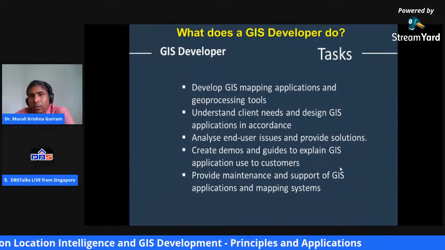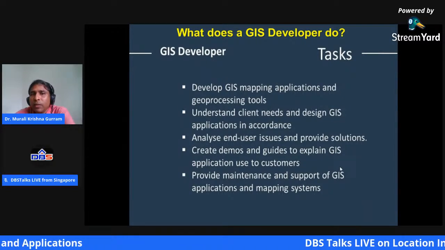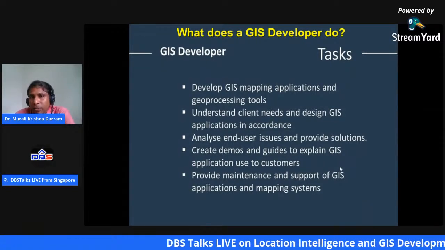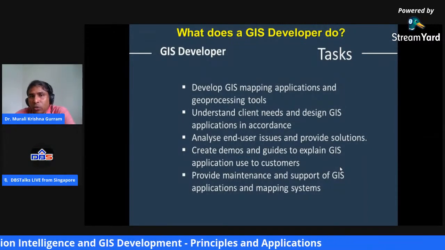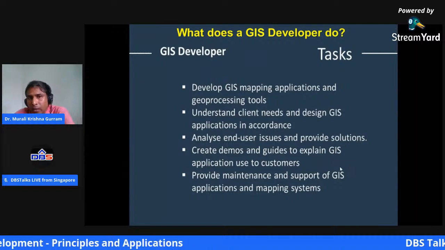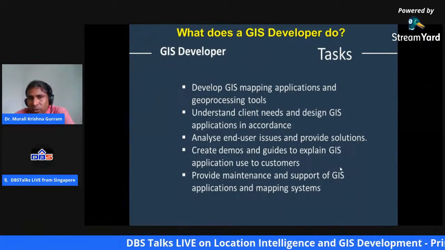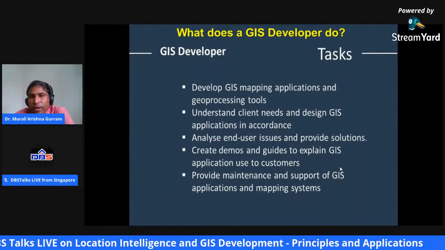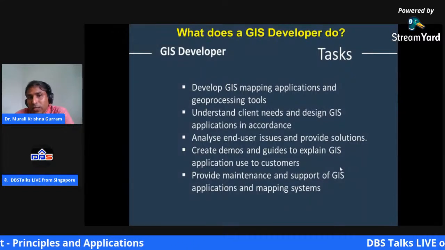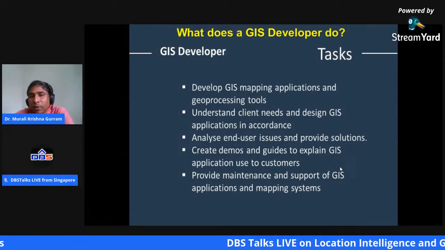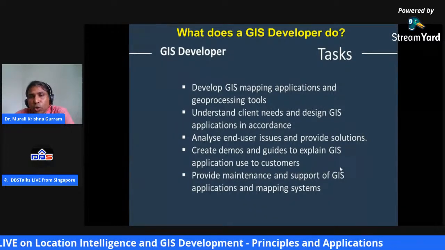To become a GIS developer, you need a basic understanding of how to develop a GIS map, and of the applications and geoprocessing tools available. You should be able to understand client requirements and design applications according to them, understand the end users, understand the issues which may come up eventually, and provide better solutions for them.